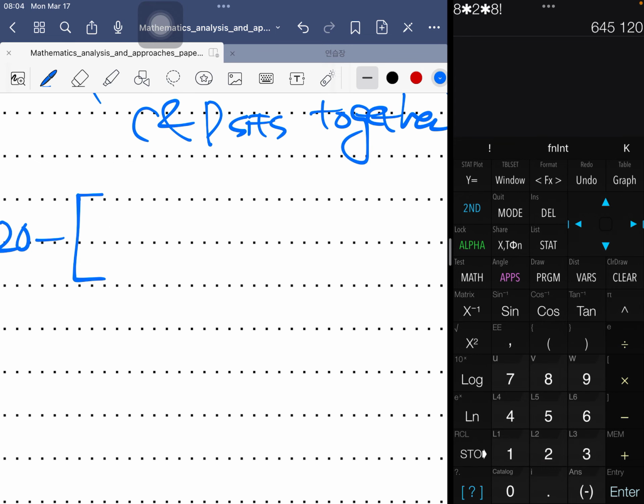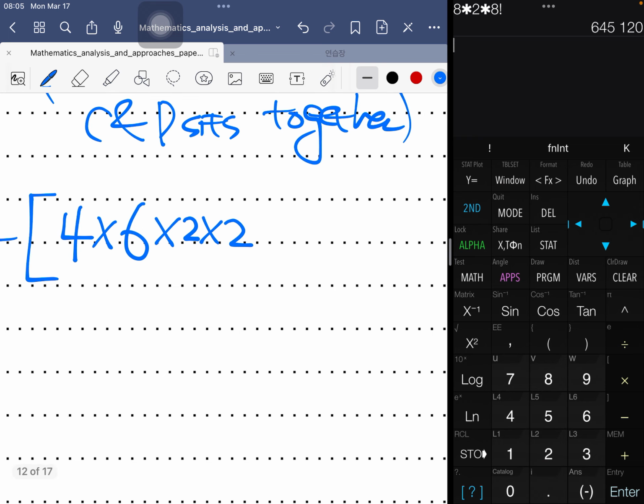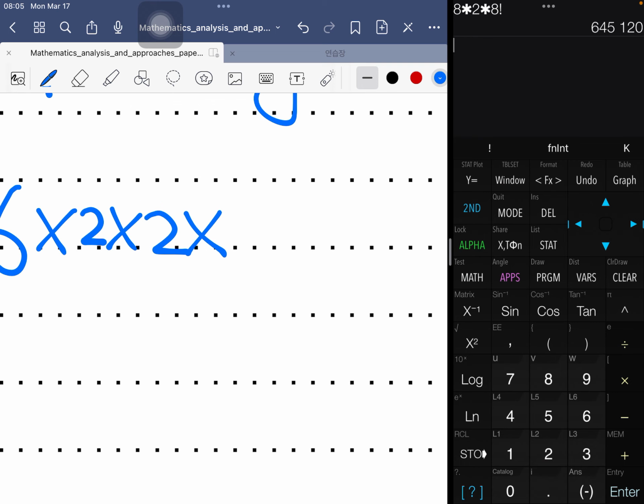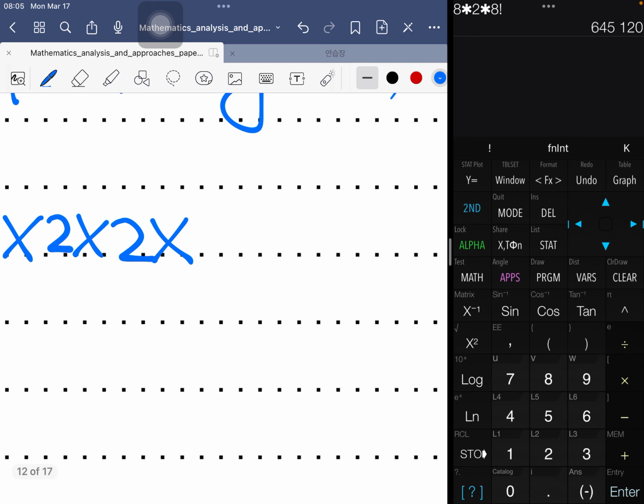So in those 4 cases, A and B sit next to each other. C and D can sit next to each other in 6 cases, and of course A and B can switch position, 2 factorial, times C and D can switch position, 2 factorial. And then the remaining 6 kids can be seated in any order. So this is going to be 6 factorial, plus